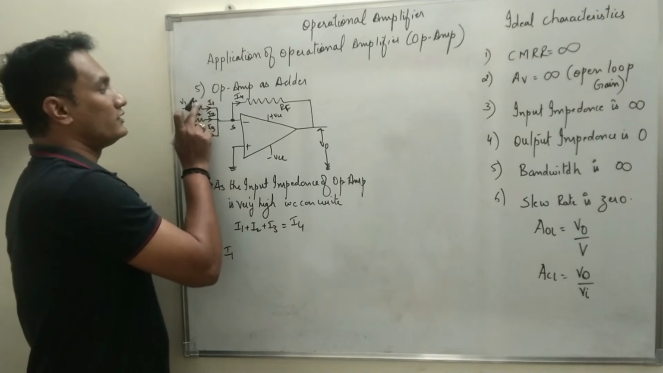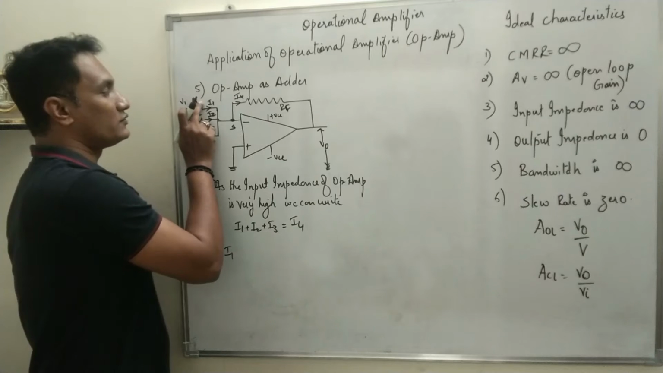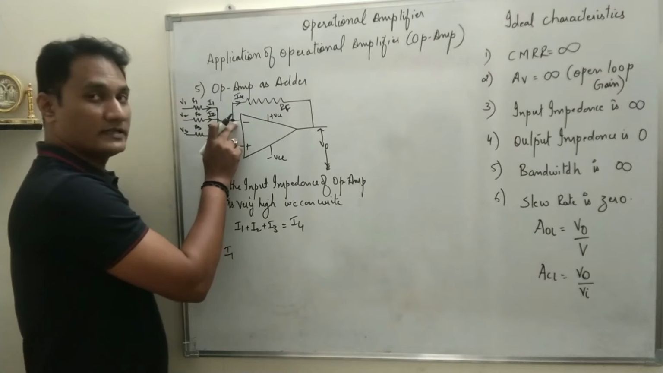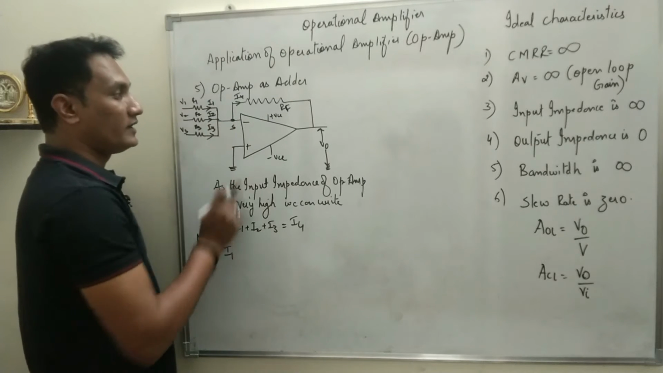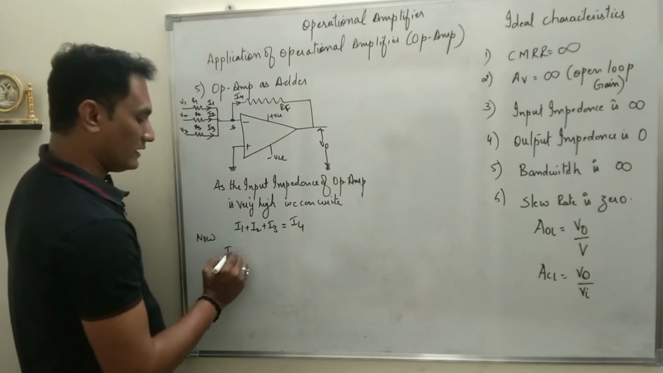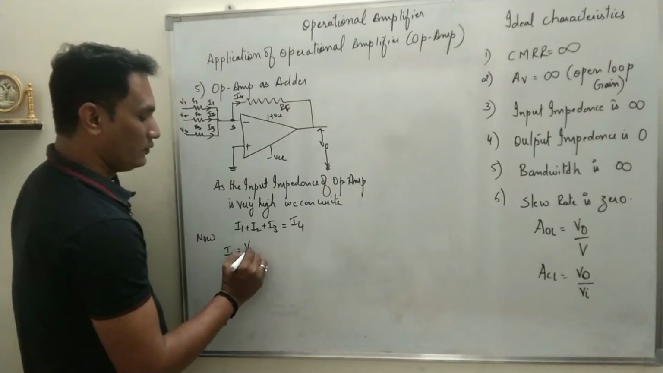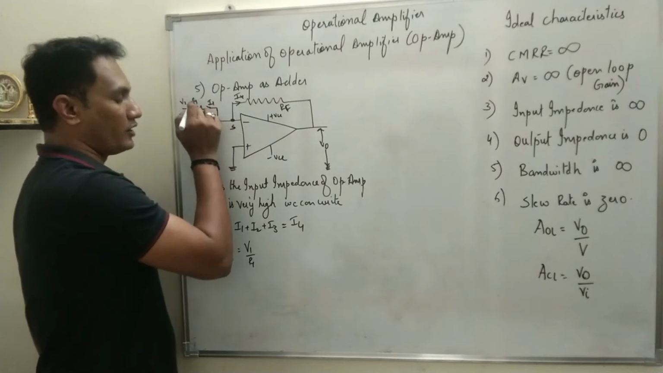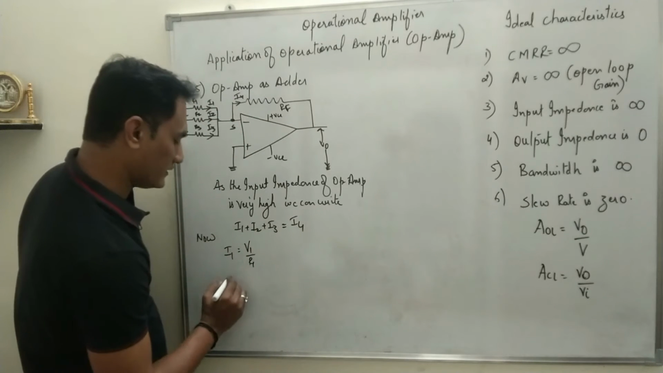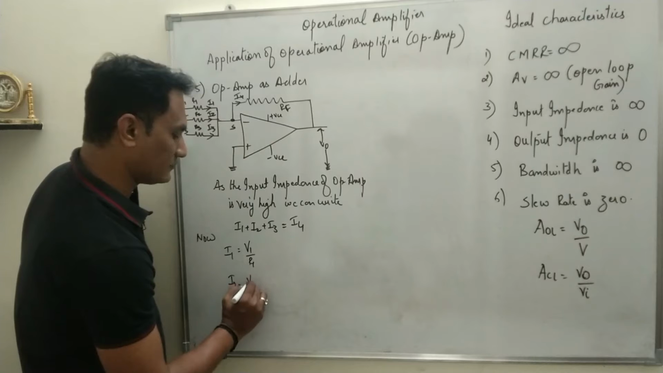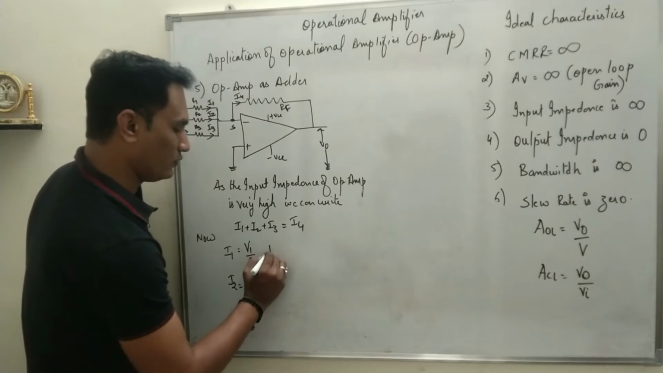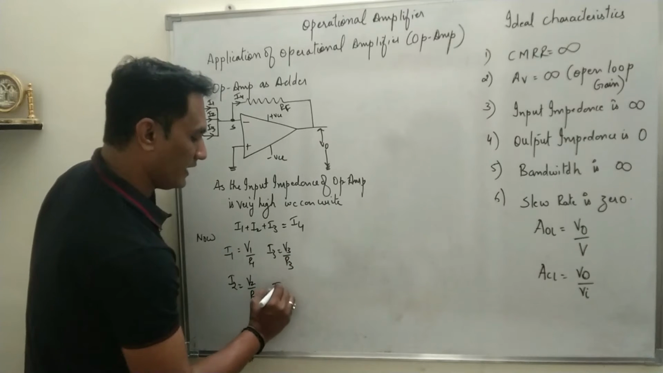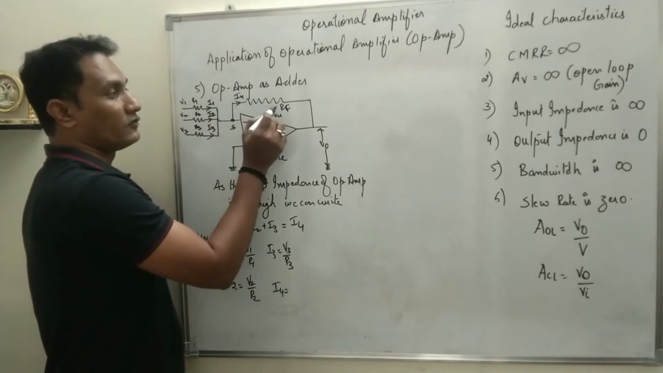I1 is the current flowing through R1, and R1 is connected between which 2 points? Input and summing point S. Summing point is at virtual ground, as this is an inverting mode. So I1 is equal to V1 upon R1. Of course it will be V1 minus 0 upon R1, which will be V1 upon R1. Similarly, I2 is V2 upon R2, I3 is V3 upon R3, and I4 is the current flowing through RF, and